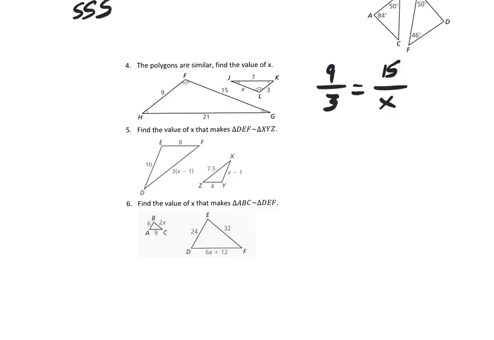Once we have the proportion set up, this is the hard work right here. We've got to be really careful about how we set the proportions up. But I feel like once we get this set up, solving these proportions shouldn't be the hard part, hopefully. Because here, all I got to do is take 15 times 3 and divide it by 9. And if you want to do the work, if you want to say 9x equals 45 and then divide by 9, I'm okay with that. But I'm also okay if you just do 15 times 3 and divide by